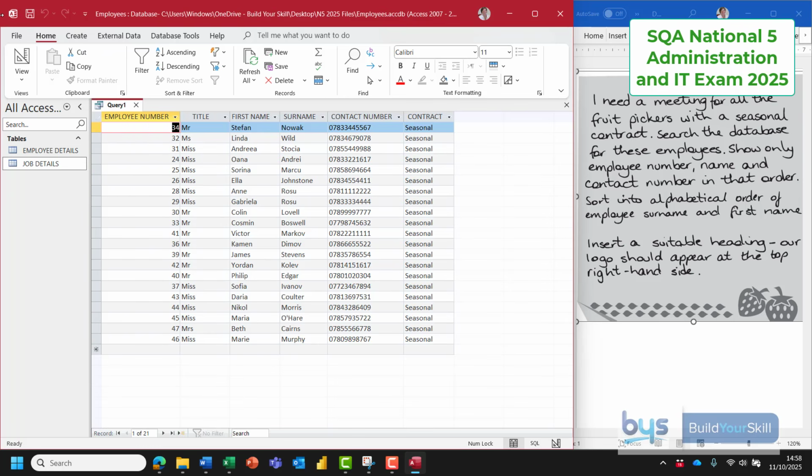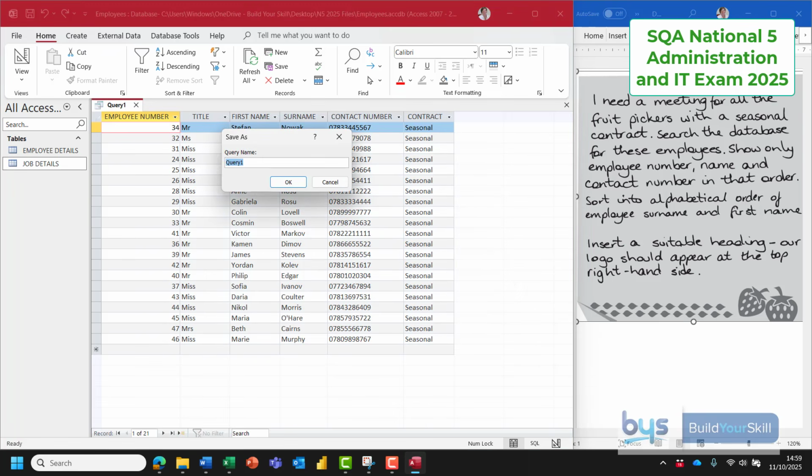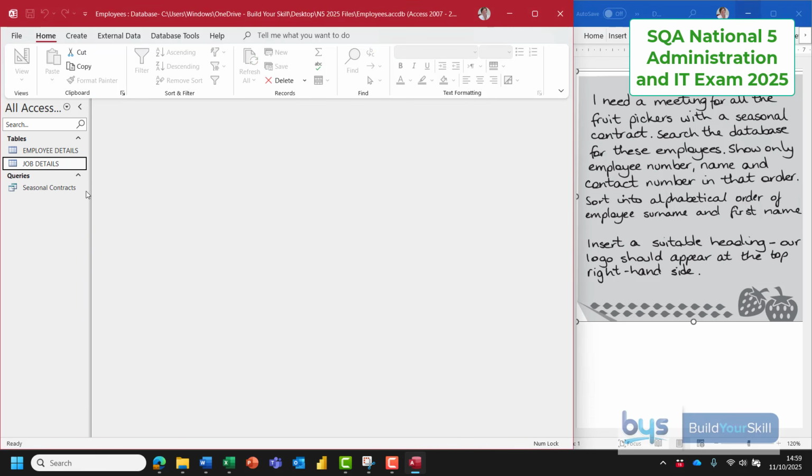Now we do have to sort into alphabetical order of employee surname and first name, but what I think we're going to do, we're going to wait and do that in the actual report itself. So let's now save the query. Yes, we want to save it. Let's not call it query 1, let's call it something more meaningful. Let's say seasonal contracts, something that you can use or find again for the report, and let's just click on OK. So now you'll see that we have the query, and we can turn that query into a report